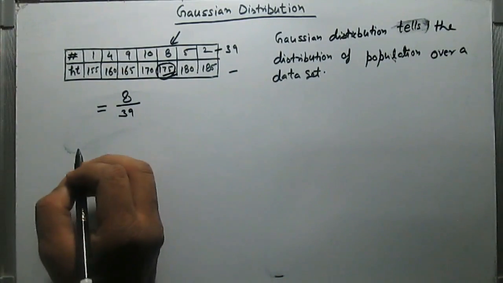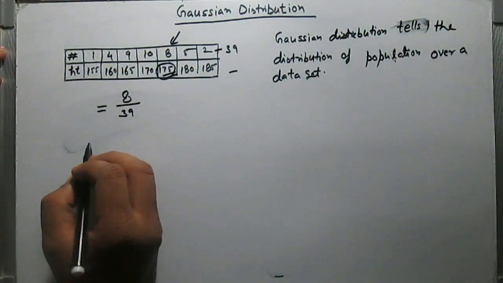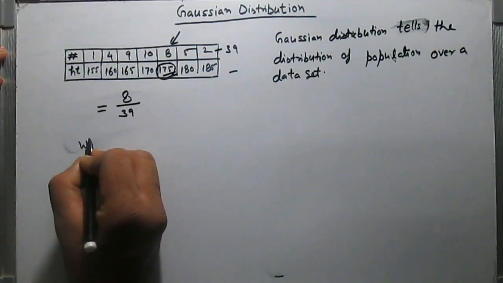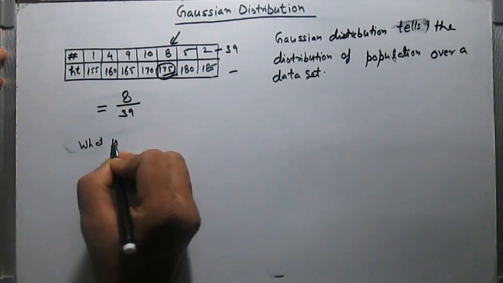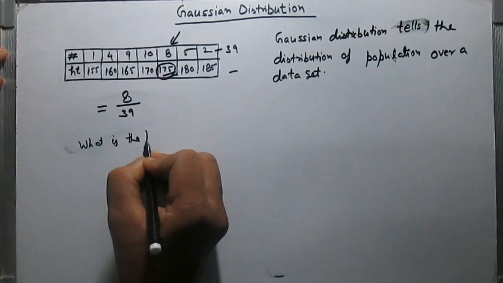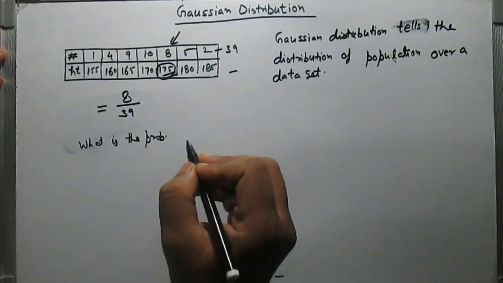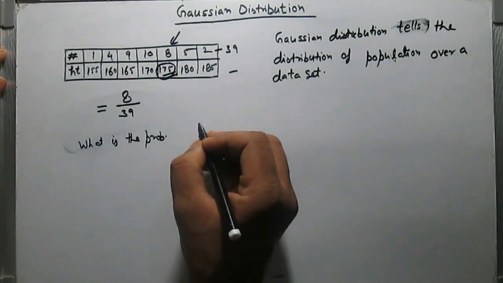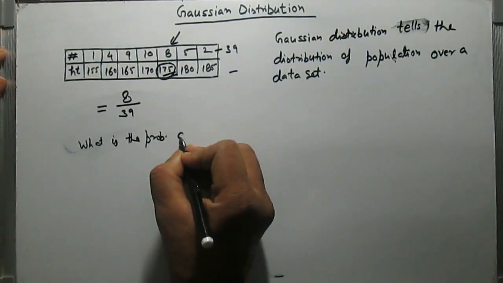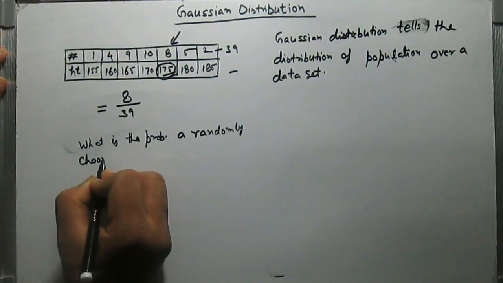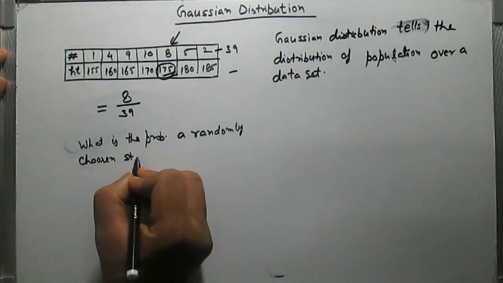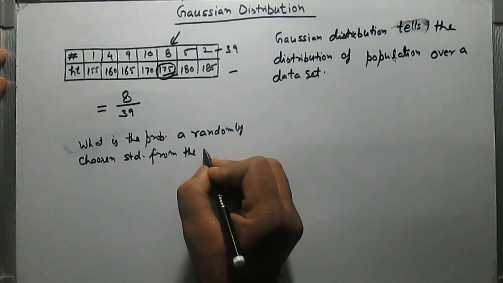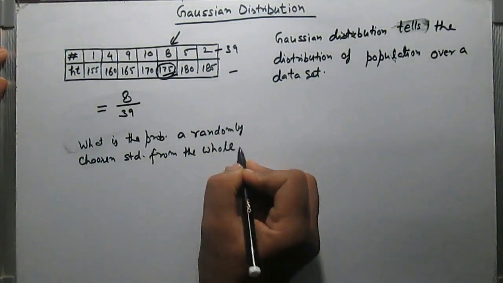Now the question is like this: what is the probability that a randomly chosen student from the whole population